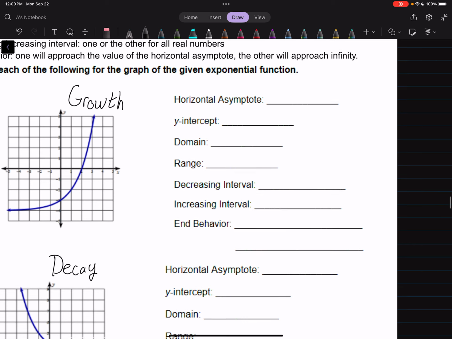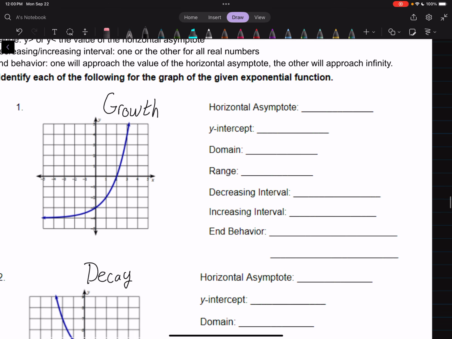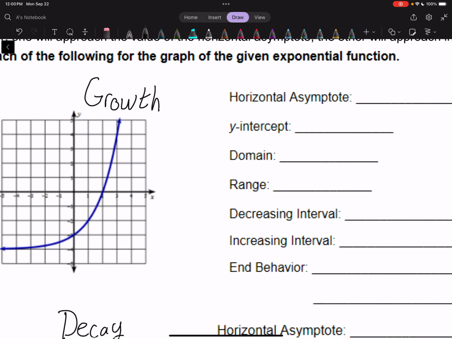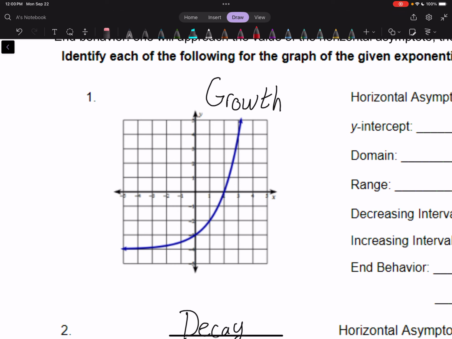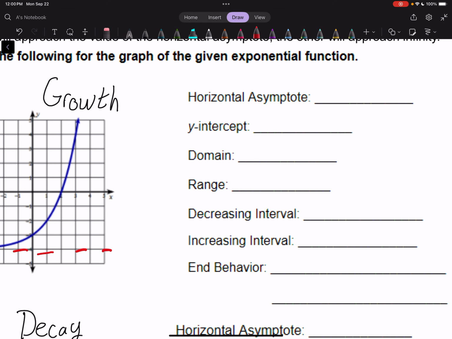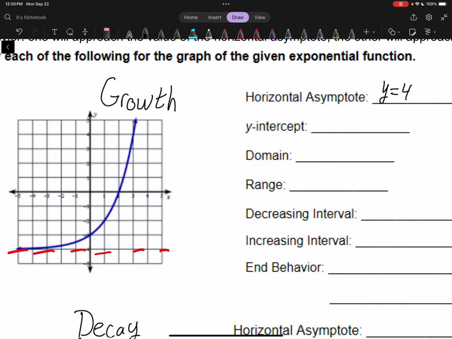All right, let's do number one. Horizontal asymptotes. I'm looking at my horizontal line that I'm getting infinitely close to, but never touching. In this case, it is at y equals 4. It crosses the y-axis at (0, -3). My domain is all real numbers. My range is my asymptote,